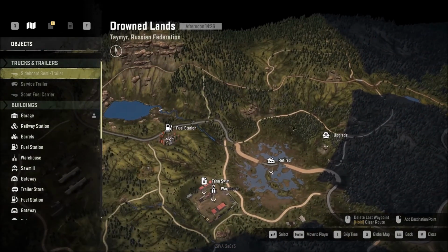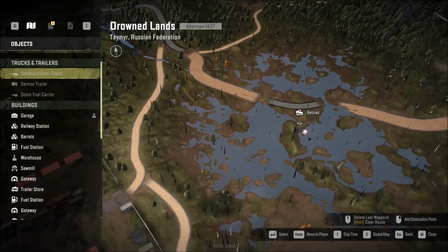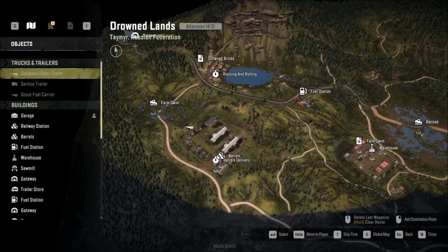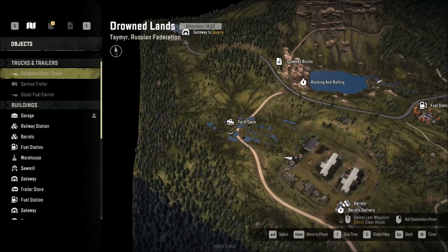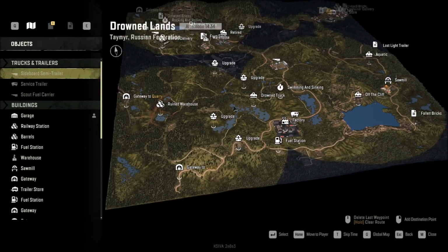But, like I said, off camera, I will go ahead and retrieve all of the upgrades on this map. But I won't do any more recovery missions unless I cover them. This one, I believe, is a recovery where you can actually get this truck. It's not great, but it has personality. Farm swim, another truck for recovery. But all I'm going to do for right now is grab all the upgrades on this map,